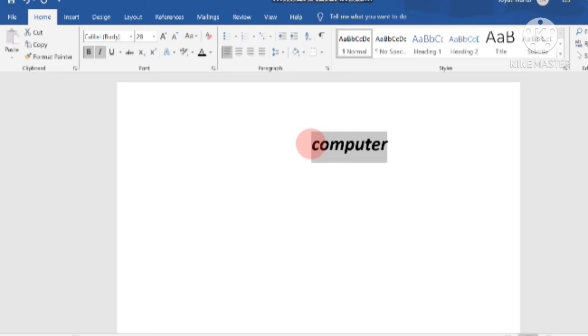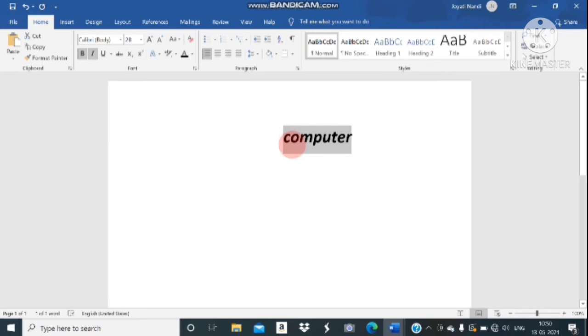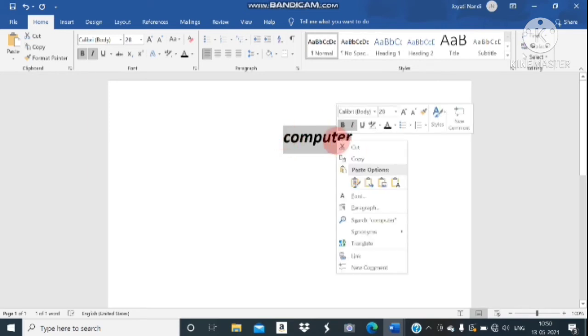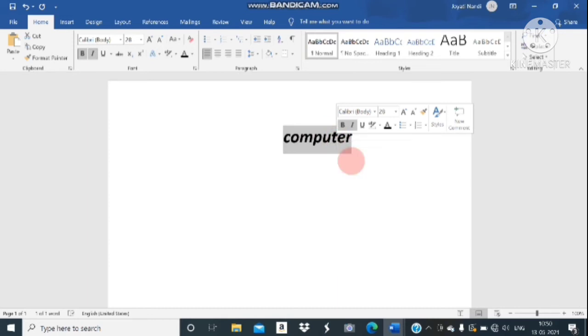Okay, next one is cut, copy, paste. How can you copy this? To copy the text, first you have to select it, then right click, then copy it, or simply you can do Ctrl plus C to copy the text.